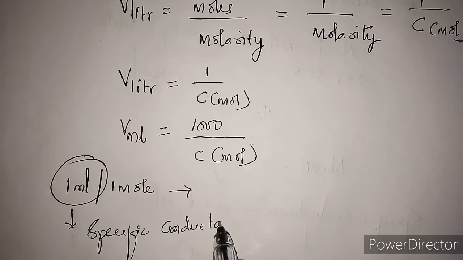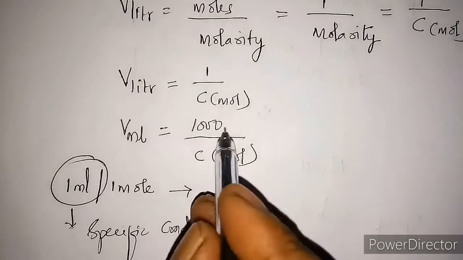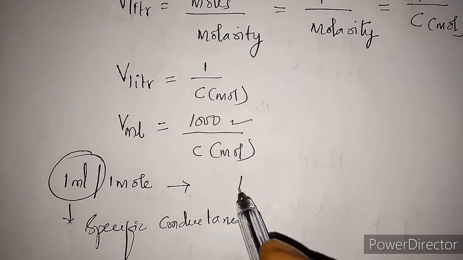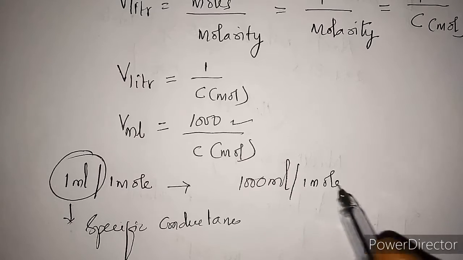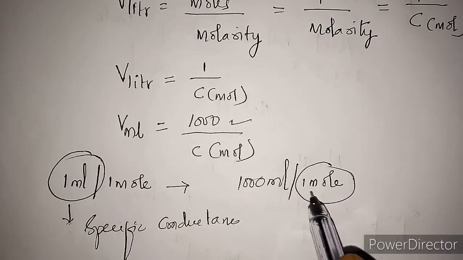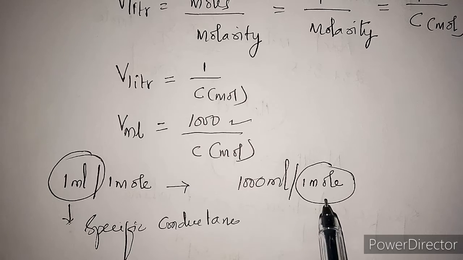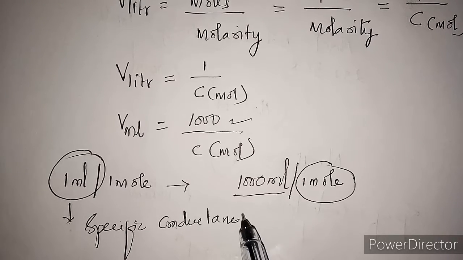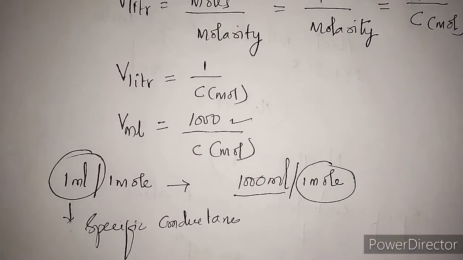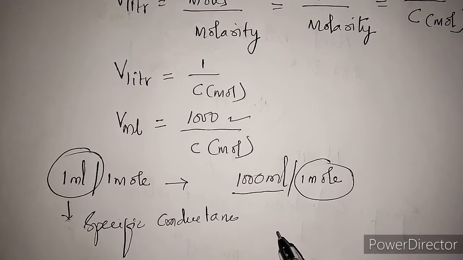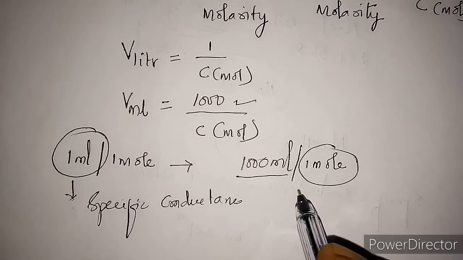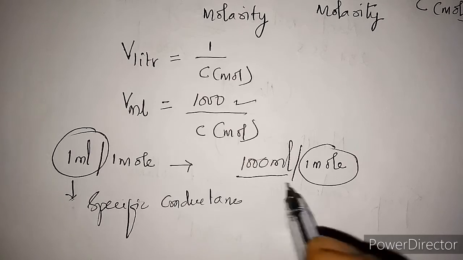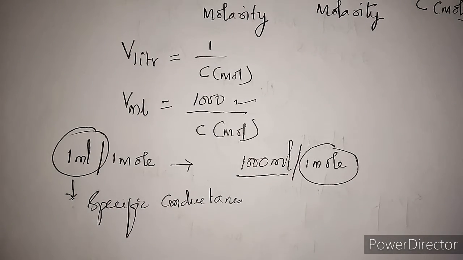Now the same 1 mole is not contained in 1 ml, but in 1000 ml. If 1000 ml contains 1 mole of the substance, it is still a molar conductance, but the volume is increased 1000 times. 1 ml means we call it the specific conductance, but 1000 ml means 1000 times the specific conductance. So the specific conductance of this will be